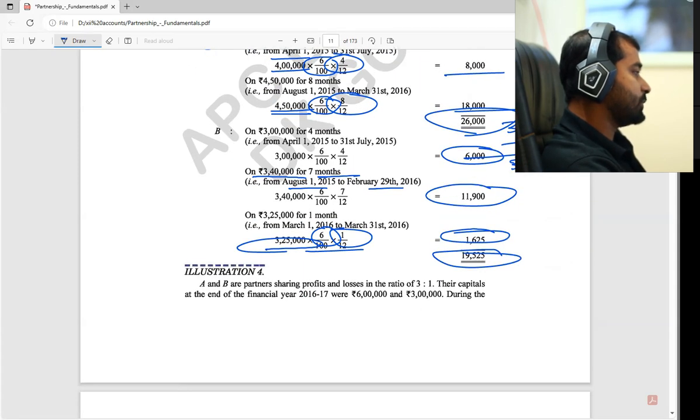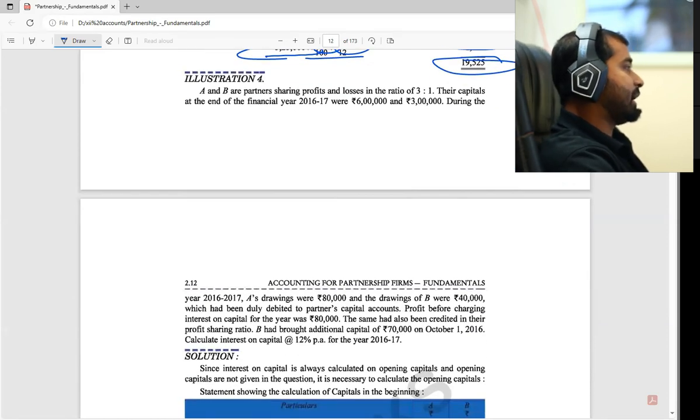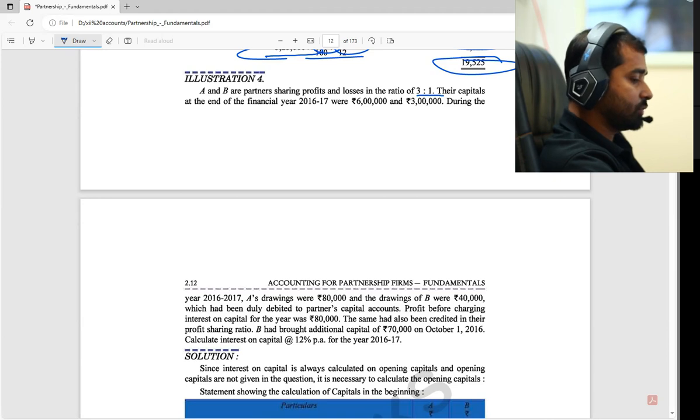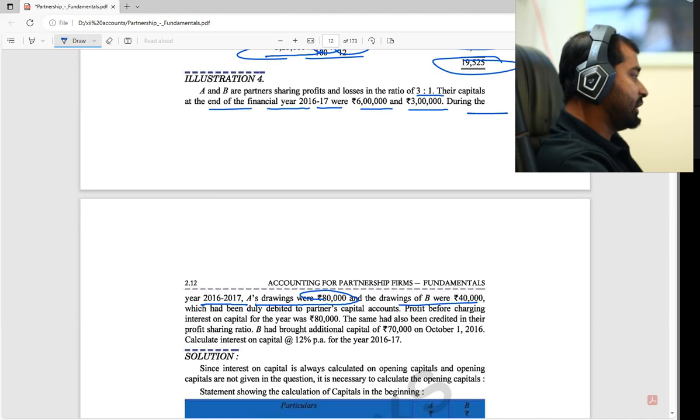Now question number 4. A and B are partners sharing profit and losses in the ratio 3 is to 1. Their capital at the end of that financial year is 6 lakh and 3 lakh. During the year 2016-17, A's drawings were 80,000 and B's drawings were 40,000, which had been duly debited to partners' capital account. We'll see what is the meaning of that: duly debited to partners' capital account means from the partners' capital account it's already